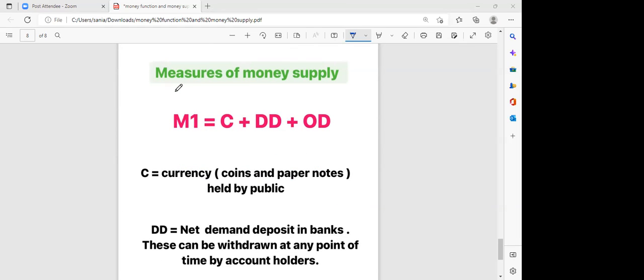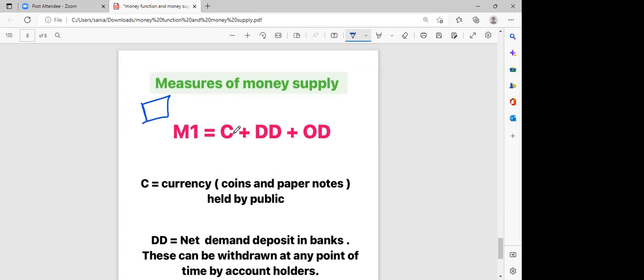Now, if I ask you, Naveen, how much money you have, what will you do? You will go and bring your wallet and say, ma'am, this much money I have in my wallet. Plus, you will mention that, ma'am, I have some amount in my bank account as well. So some of the amount will be with you in the form of cash, and some will be in your bank account. So you will mention both things. Now what is M1, C plus DD plus OD?